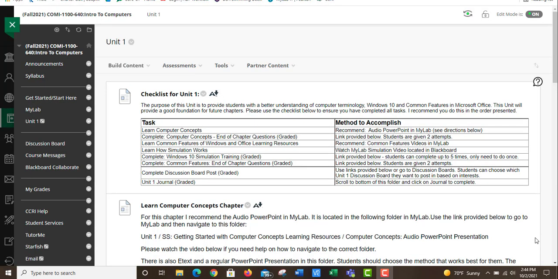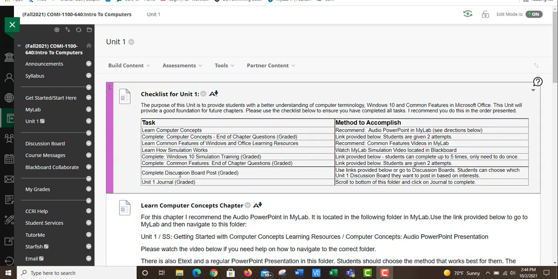Hi, the purpose of this video is twofold. One is to show students how to access the resources in MyLab, and two, how to get to the assignments in MyLab. So I'm using this as an example for Unit 1. You can see here when we come into Unit 1 that I have listed here all the tasks that need